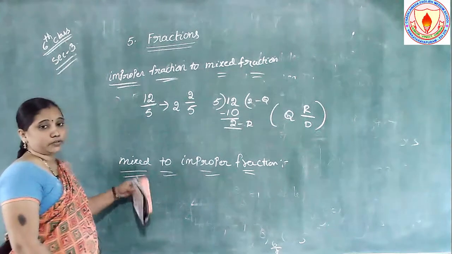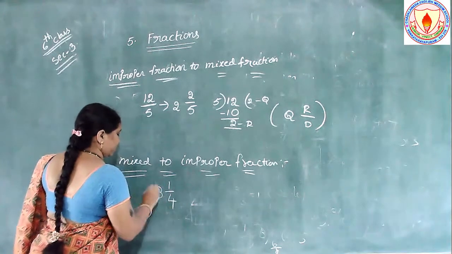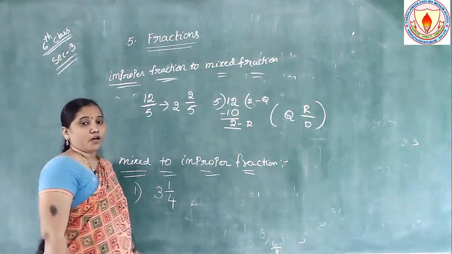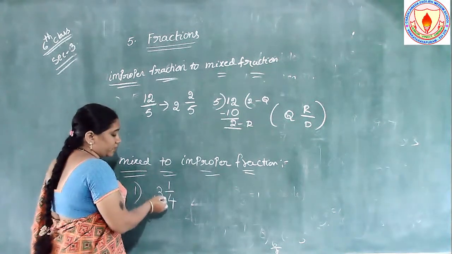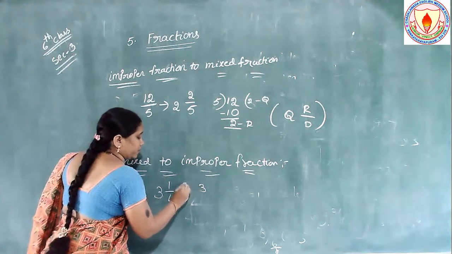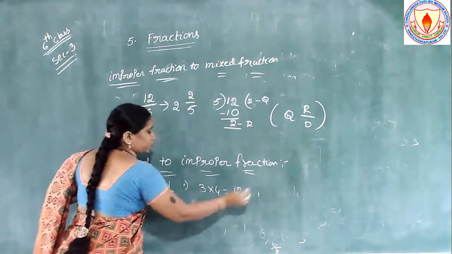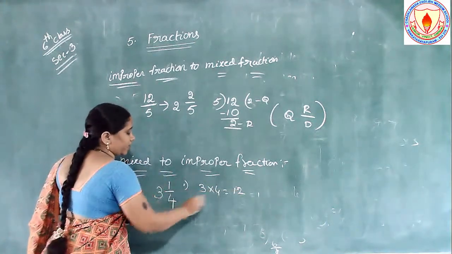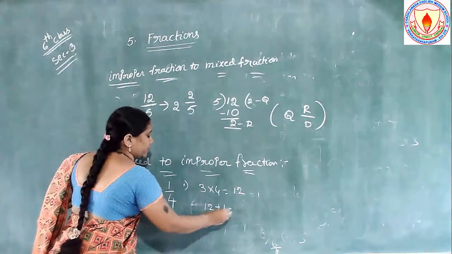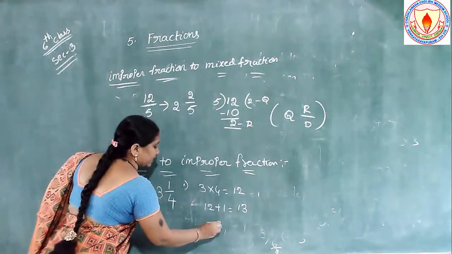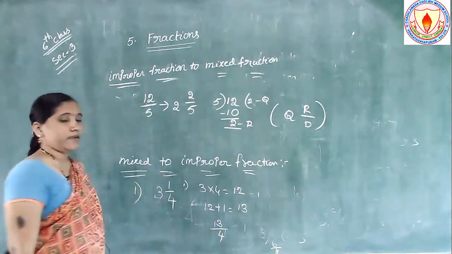Now how to convert mixed fractions into improper fractions? ఇచ్చిన fraction ని ఎలా convert చేయాలి? So this is the mixed fraction 3 1 by 4. దీన్ని ఎలా convert చేయాలంటే see here. First you have to multiply these two numbers. First step: 3 into 4. What you get? 3 4s are 12. Now what you get as the product here? 12. Then 12 plus 1. What is 12 plus 1? 13. The new fraction is 13 by, what is the denominator here? You write 13 by 4.